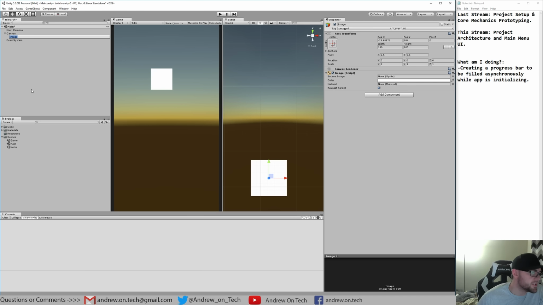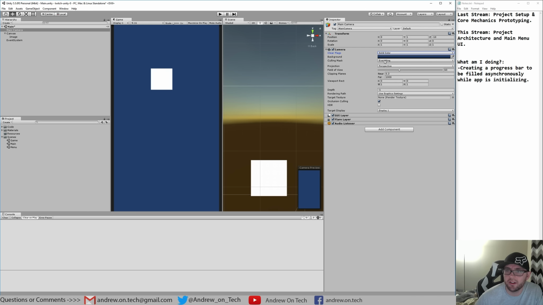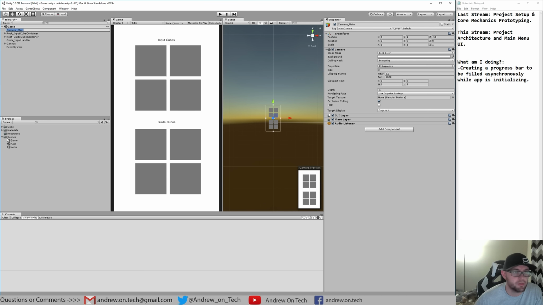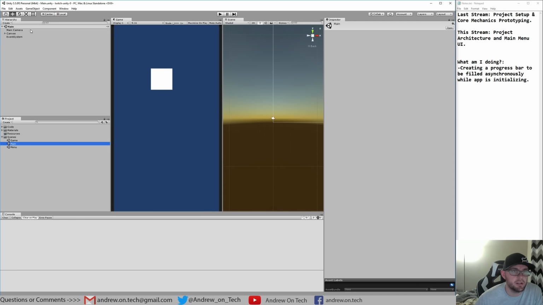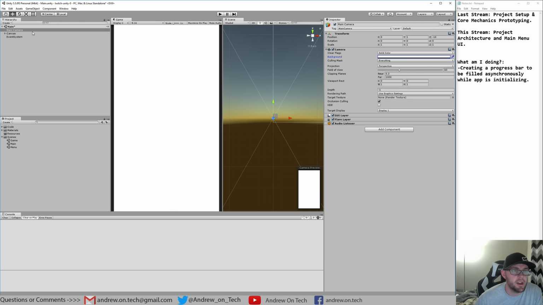Anyways, so first thing we got to do is obviously create the progress bar itself. So let's take our camera, let's switch it to solid color. What color were we using in the game scene? I think we were just using white, right? Yeah, all right. So let's go back to our main scene. Let's grab our camera. Let's make this nice and white. I'm going to rename this to match our naming scheme that we discussed last stream, the naming scheme being type and then name,